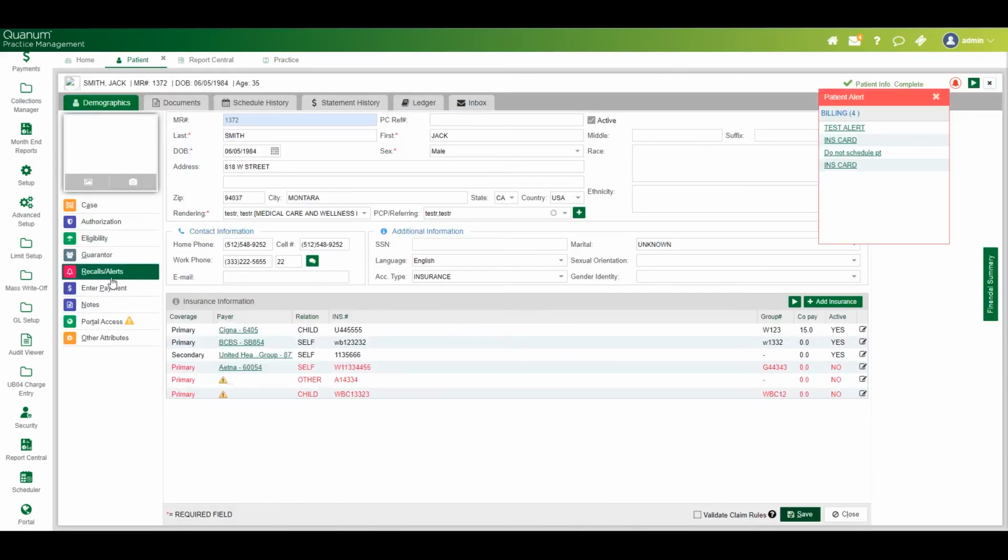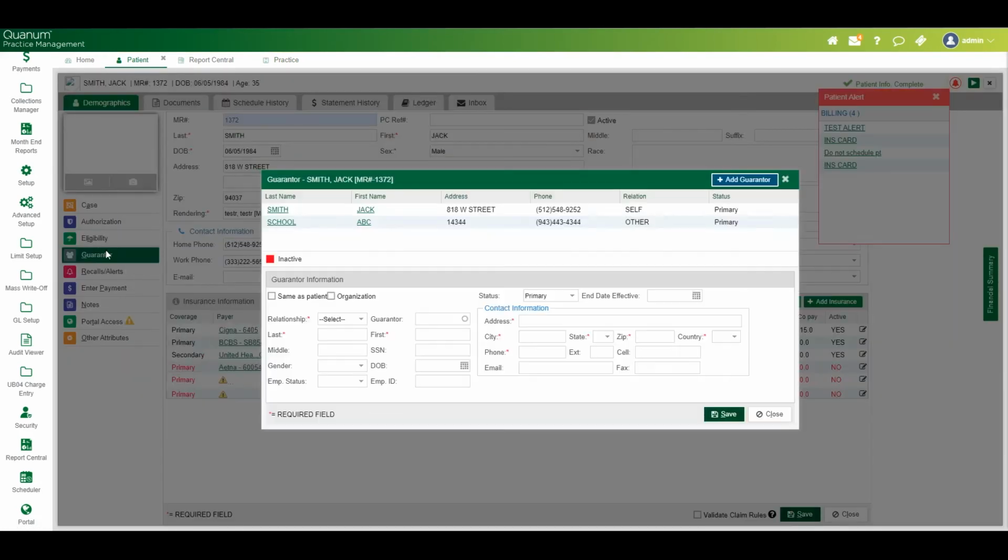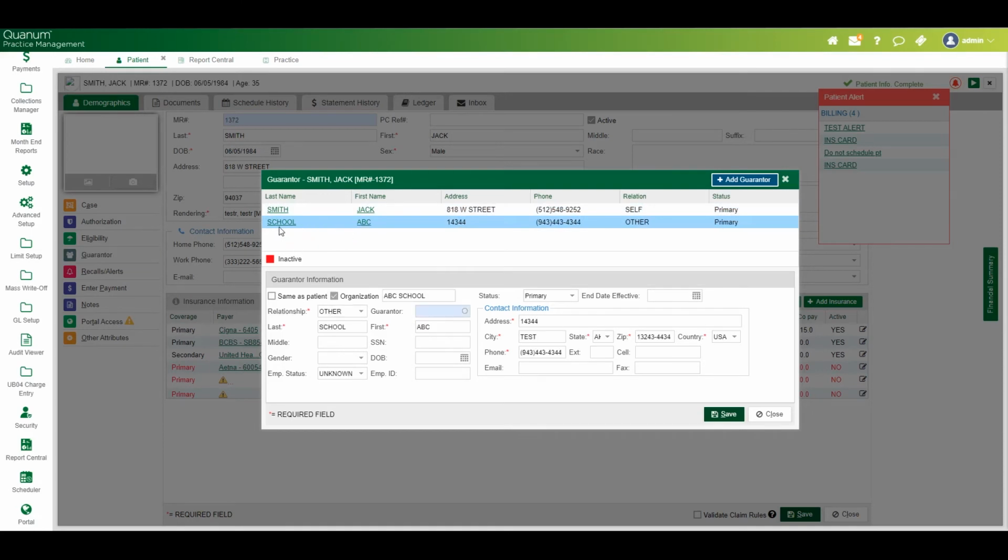You want to make sure that parent is added in the guarantor list, or it could also be an organization as in this patient. So you want to add that guarantor there. Now once a guarantor is added, there's one more step you have to make sure that the statements will have that guarantor. That step is to go to the case,